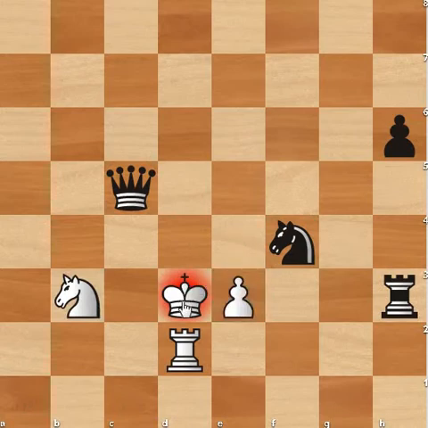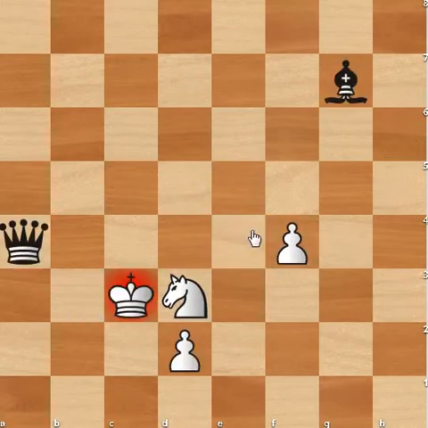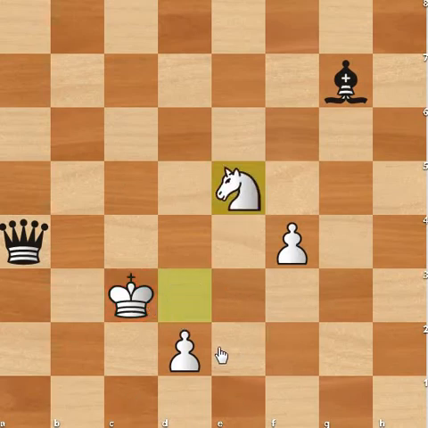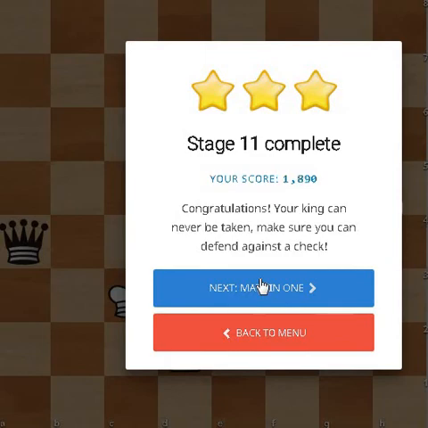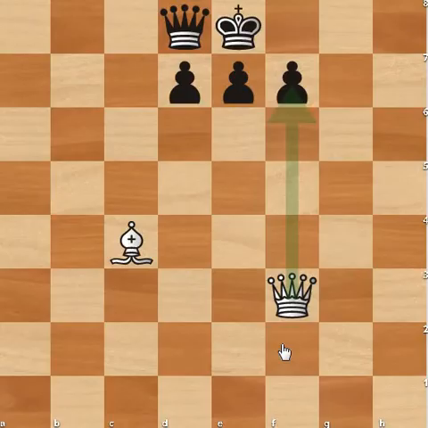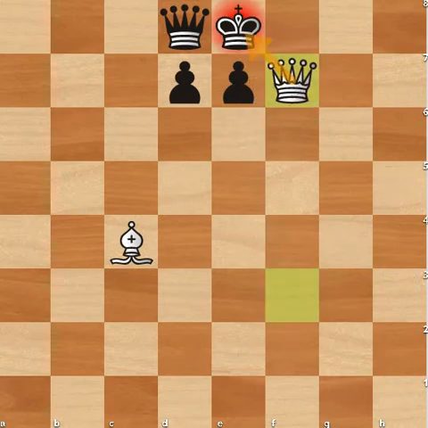and you can capture and just move the king, and just you can block it like this. So stage 11 is also complete, and this is mate in 1, where